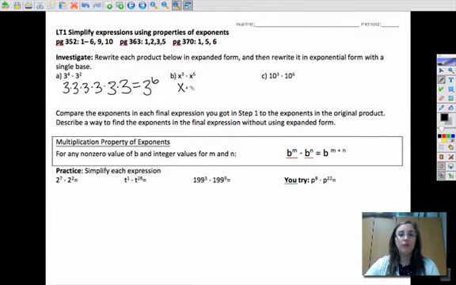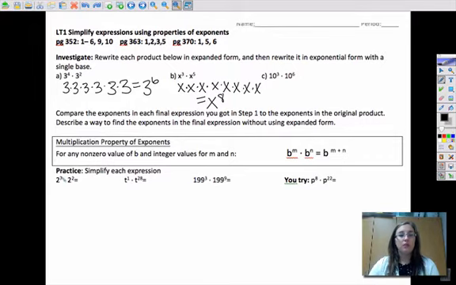That'll work even if you have x to the third and x to the fifth. You've got 5 x's and 3 x's multiplied together. That gives me a total of x to the 8th. And so this comes to our first rule. For any non-zero value of the base, and integer values for m and n, so we're only talking about negative or positive whole numbers for the exponents,